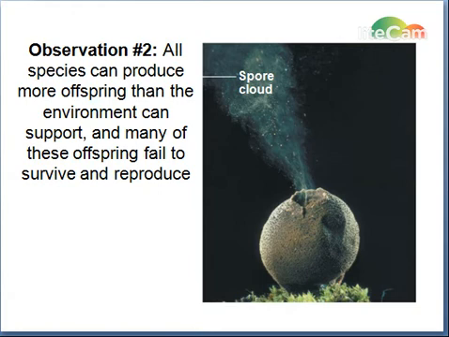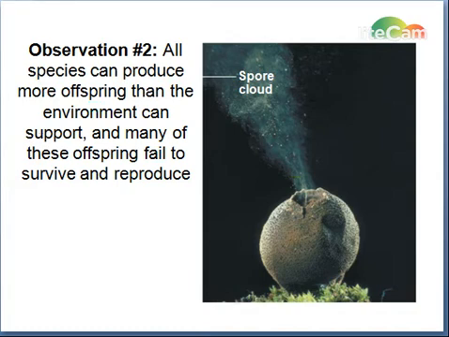His second observation is that all species can produce more offspring than the environment can support. So many of these offspring are going to fail to survive and reproduce due to the lack of adequate resources for them. This overproduction of offspring